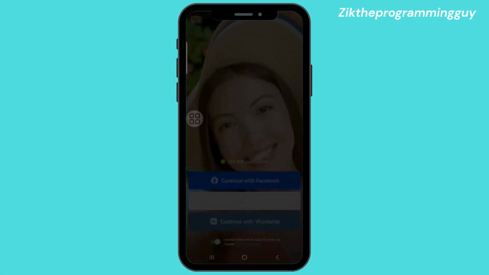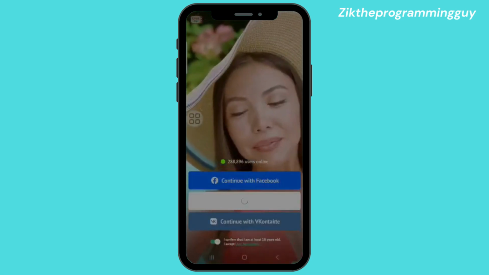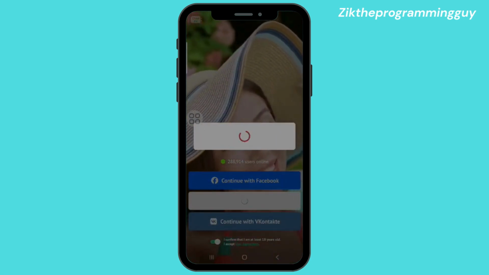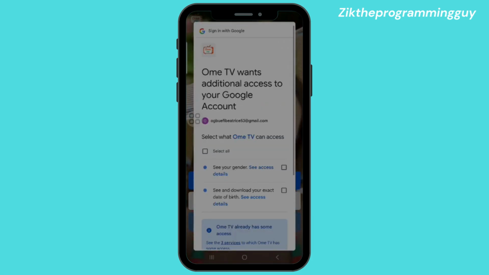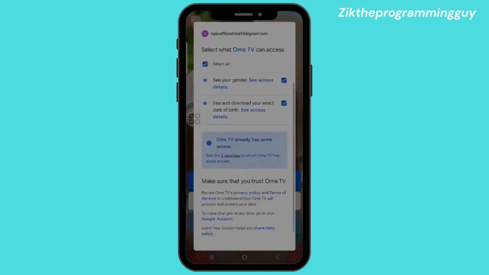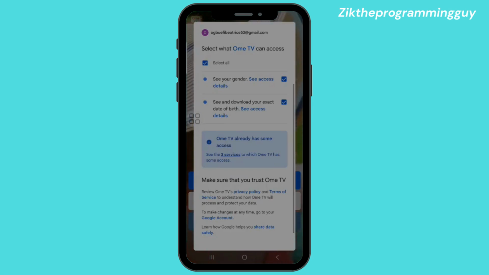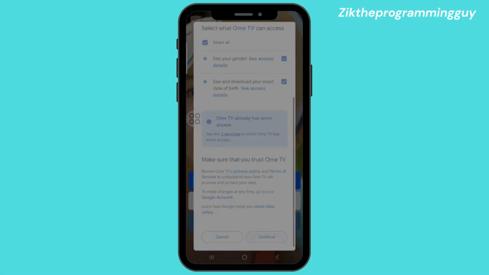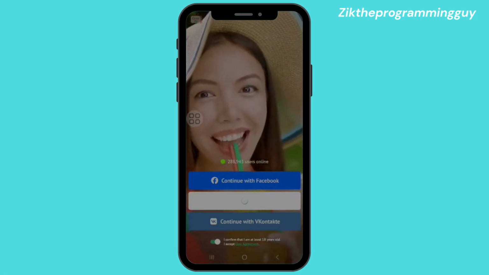Once you click on that, you have to click on the Gmail you want to use, the email account you are going to use, and you wait for it to load up. You have to automatically select all for there to actually see your gender and your date of birth. So afterwards, you click on continue